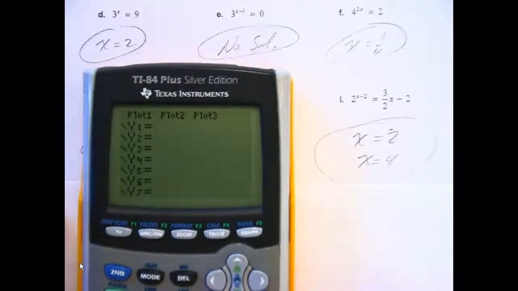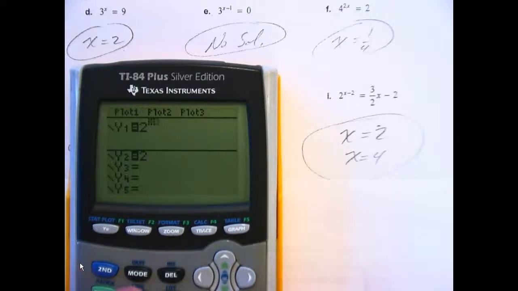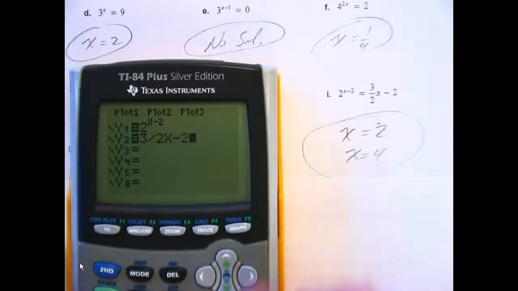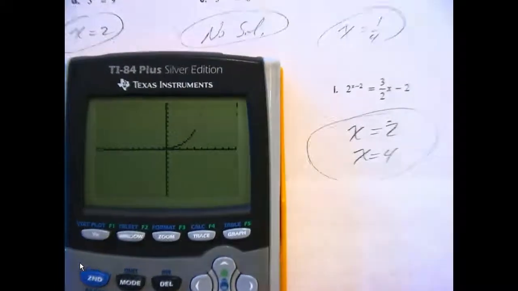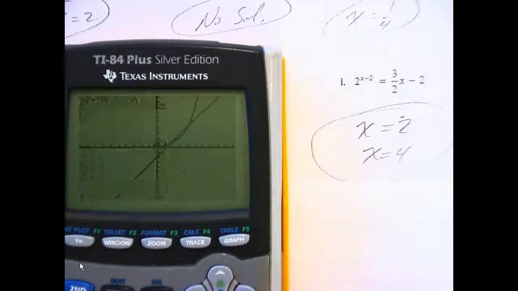Okay? We're going to go 2 to the x minus 2 and 3/2 x minus 2. We hit graph. Please note on this one, you'll see it intersect in 2 different places. As you figure that out and you do your calculate, and number 5, first curve, enter, but this next one